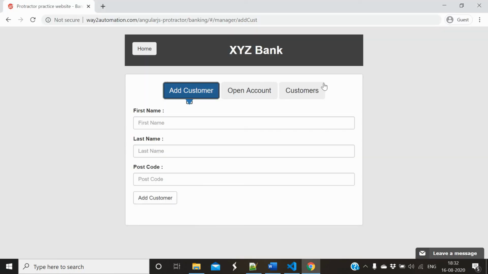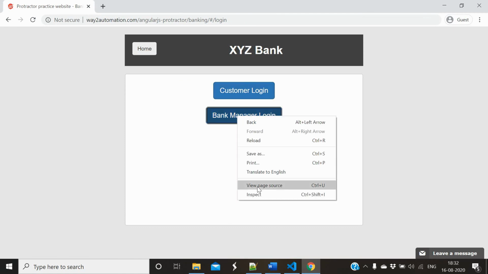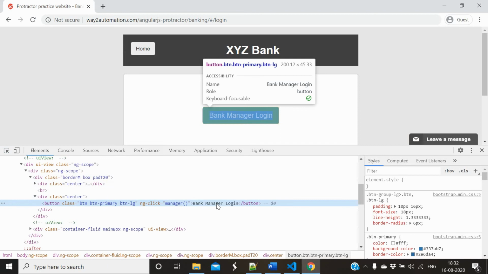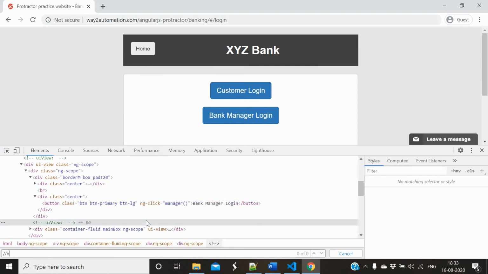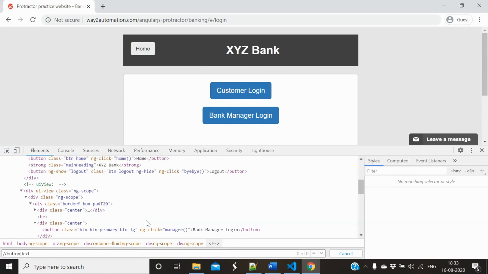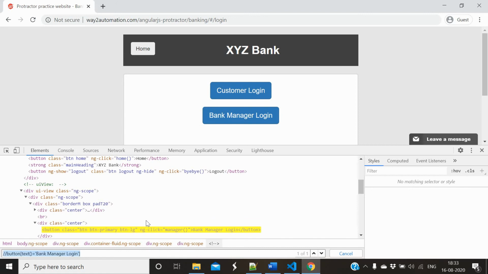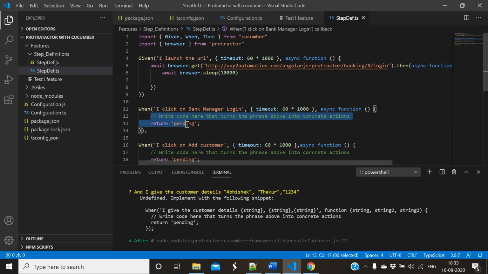Click on bank manager login. Okay, so for clicking on bank manager, what we need to do? We need to inspect, and we need to create XPath, right, or locator. So simply use bank manager login button text. Okay, so button text is, copy it, okay, just remove this